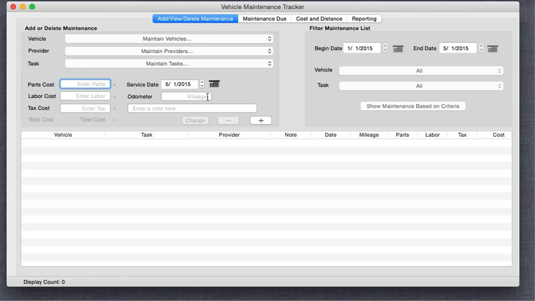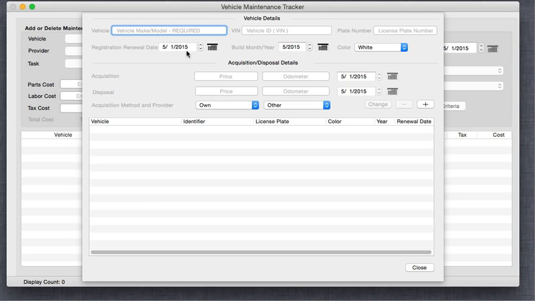Then you need to put in your mileage in kilometers or miles for the odometer, the date, the service, and any note you may want to put in there, like, for example, Sam was a good mechanic, or I really like the service advisor. So on the vehicle, let's go ahead and start by putting in a vehicle. Since there are no vehicles in the pop-up, it only gives us the maintain vehicles item. So we'll just put in a